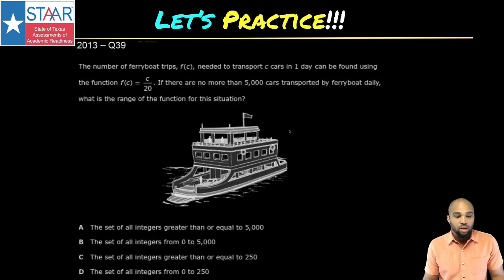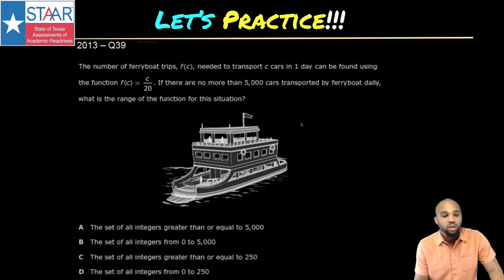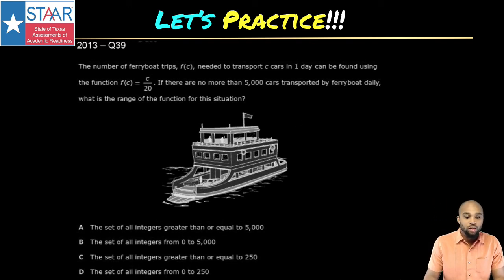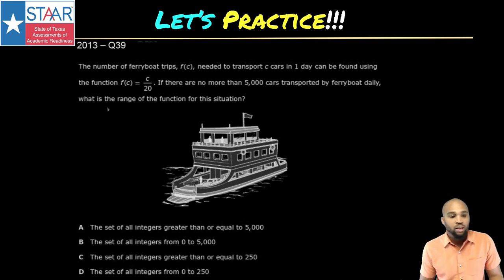And now this is our last question. So this was the toughest one. Most students will miss it. It was a long time ago this was given. The number of ferry boats, f of c, needed to transport the number of cars in one day can be found using this function. If there are no more than 5,000, the greatest is 5,000 cars transported by ferry boat daily, what's the range of the function? So the greatest you're going to have is 5,000 cars. So if this is 5,000,